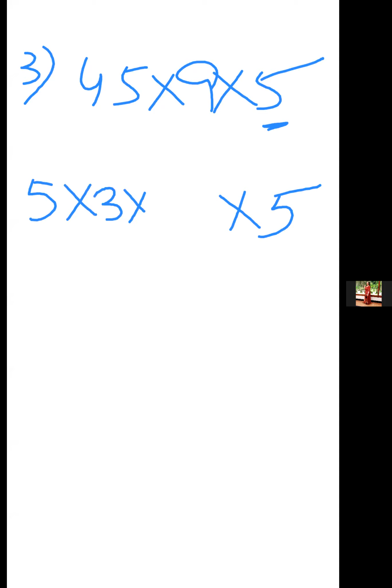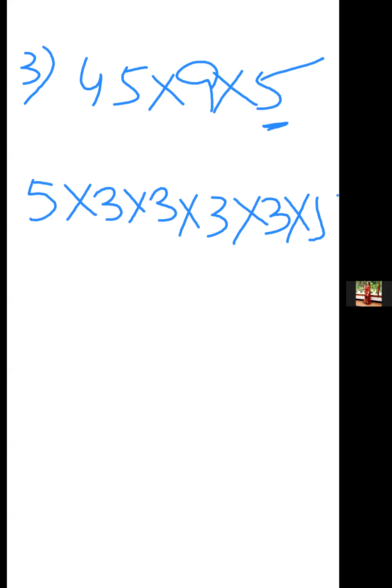है ना, इसको आपने खोल दिया. और 9 को खोला आपने 3 multiply 3. 3 multiply 3 multiply और ये 5 आ गया. ये बन गया हमारा 45. 5 3 जा 15, 15 3 जा 45. ठीक है, ये 45 बन गया. ये 9 आया, 3 3 जा 9 लिख दिया ये मैंने. ये 5 आया, ये 5 लिख दिया. Means first step I have to open all the numbers. LCM करके आप सारे numbers खोल लो.